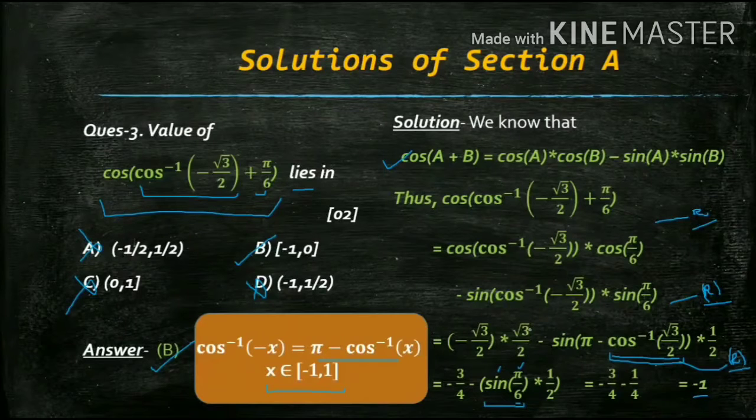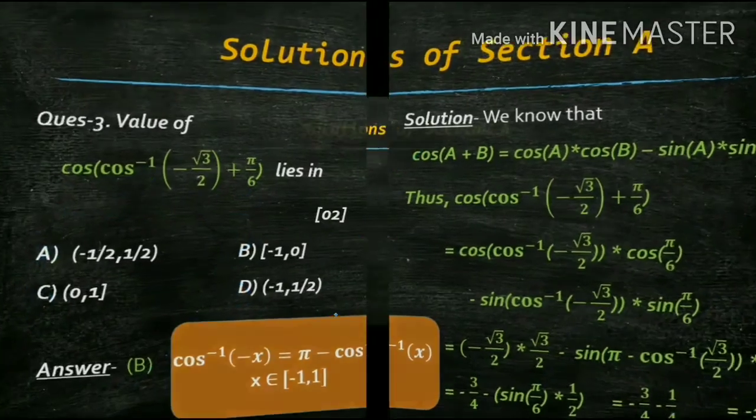Whenever you write in the answers, you have to write this kind of reasoning in the square bracket wherever you are using that. This is just an example I have written over here. You have to write at each step whenever you are using any property. It does not depend whether the question is of 2 marks or 4 marks or 6 marks. You have to write that because that clearly explains that you know what you are writing and you have not written by cheating. Okay, so let's move to the fourth one.